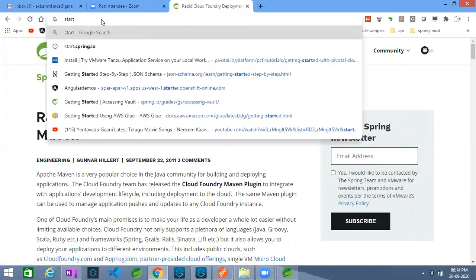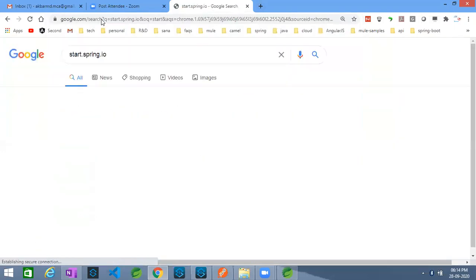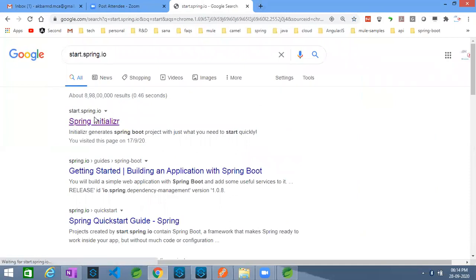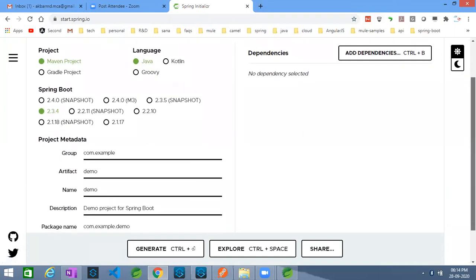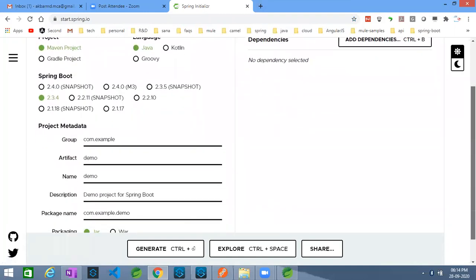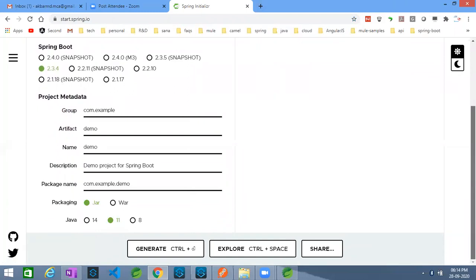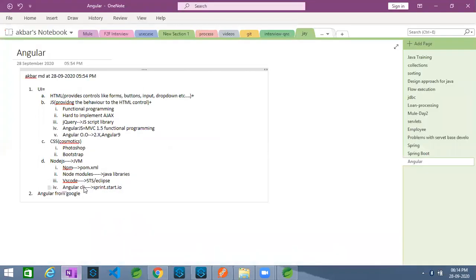Yeah, this is the one. This is very much similar to Spring.io, Spring Initializer, from where you can just give the name of the application and the dependencies that you want to add, things like that. If you add that, automatically one application will be created for you. Similarly, for Angular development, we are going to use this utility tool called Angular CLI.